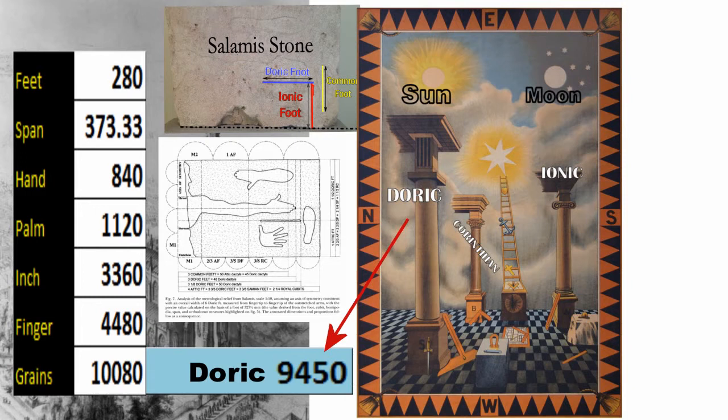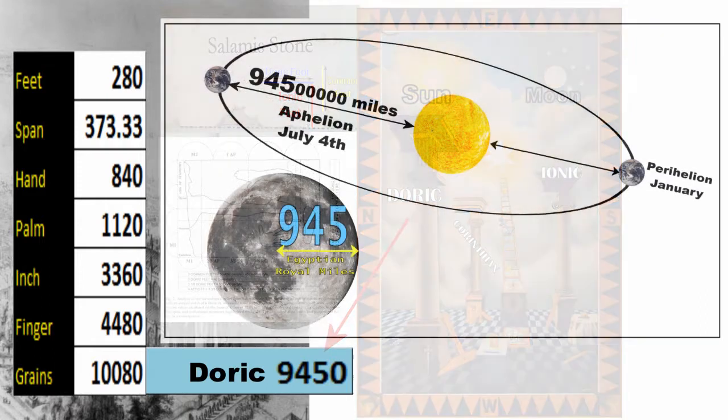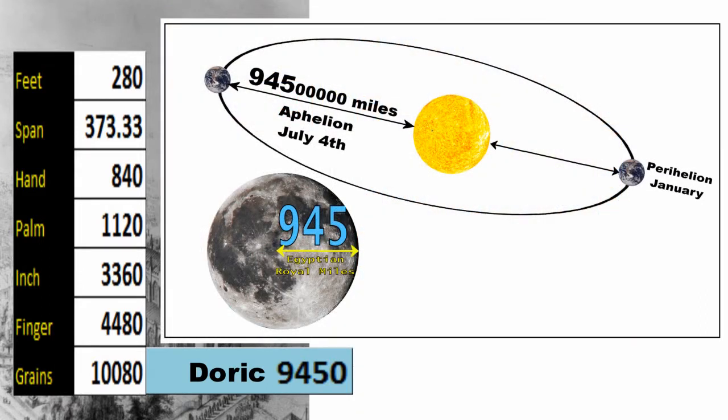9,450. Now, the Salamis stone is an excellent example because not only does it contain Doric and Ionic, it also puts this allegedly modern foot 1,500 years earlier to around 500 BC at least. But why is 945 so important? Well, in Egyptian royal miles, or the royal mile in Scotland, that's the radius of the Moon is 945, but